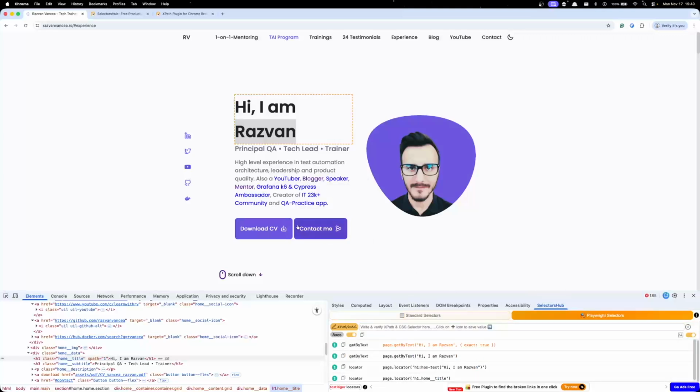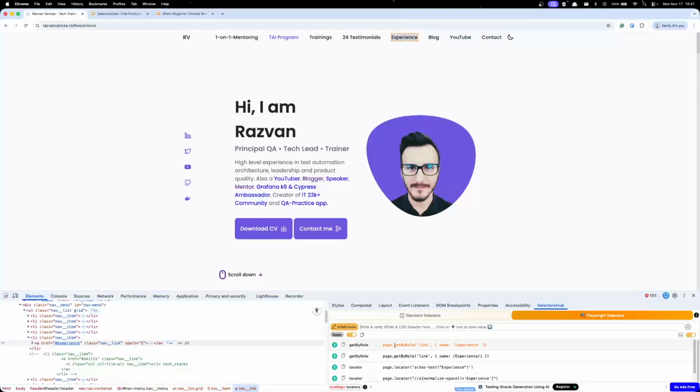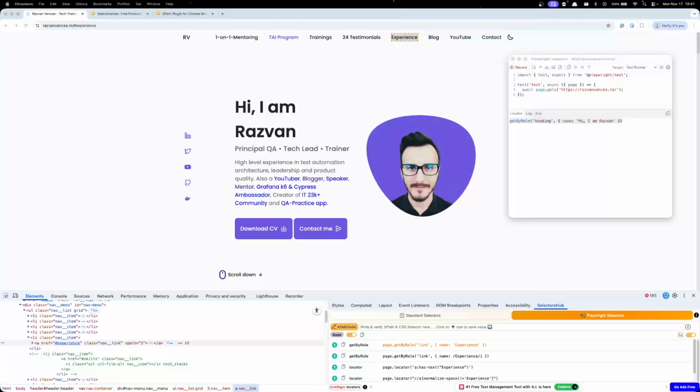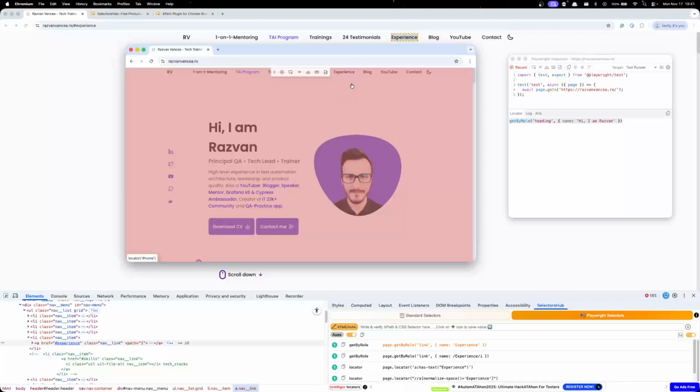Simple, isn't it? For example, if I want to right click on this experience tab, click inspect, I will see page.getByRole link name experience. Now I want to make an experiment. I want to see the differences between this plugin and the native Playwright mechanism. Hence, I opened a Playwright project with the inspector, and we will try to generate locators both using Playwright and